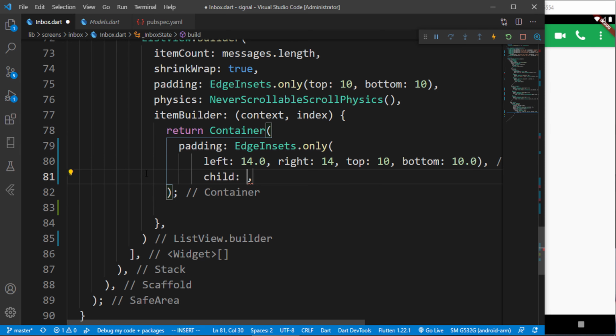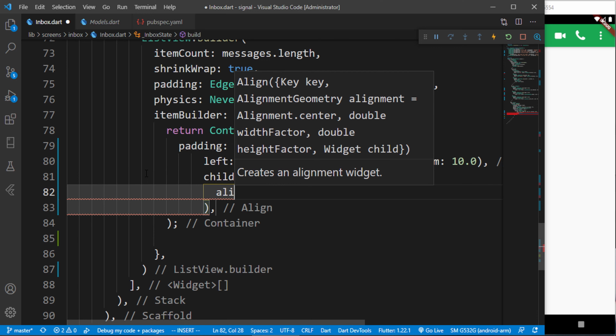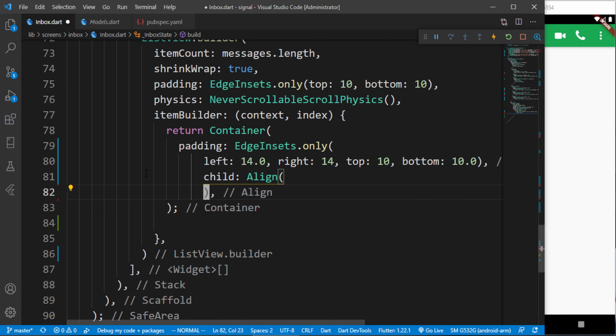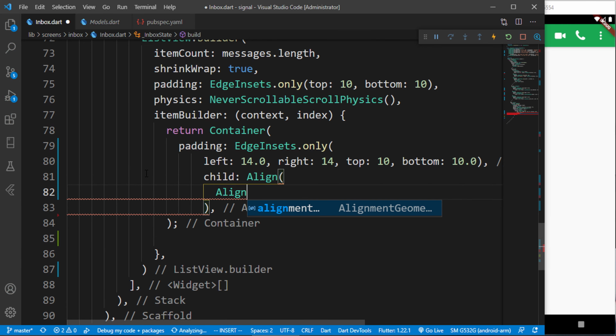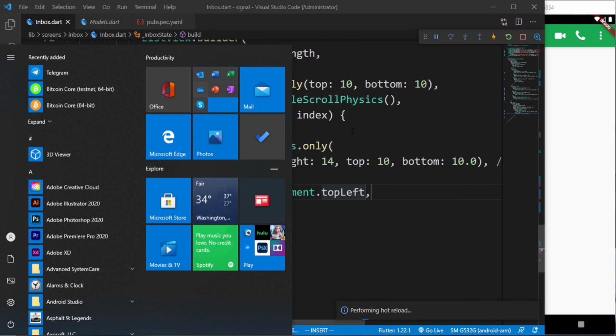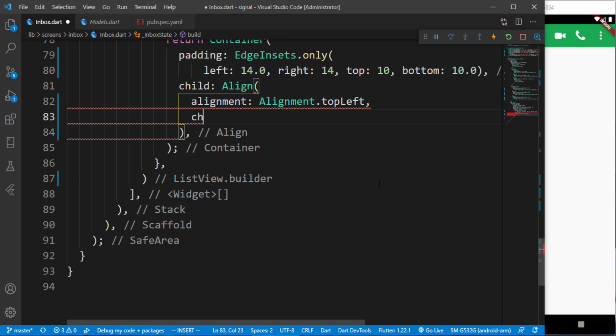So this child is going to be an Align. So we have alignments. Let's just make it simple for now. Let me just use a simple alignment. Let's just say alignment is Alignment.topLeft. So let's just leave it this way and go ahead. We are still going to come back to that. So we have a child inside this alignment, and we have a container,